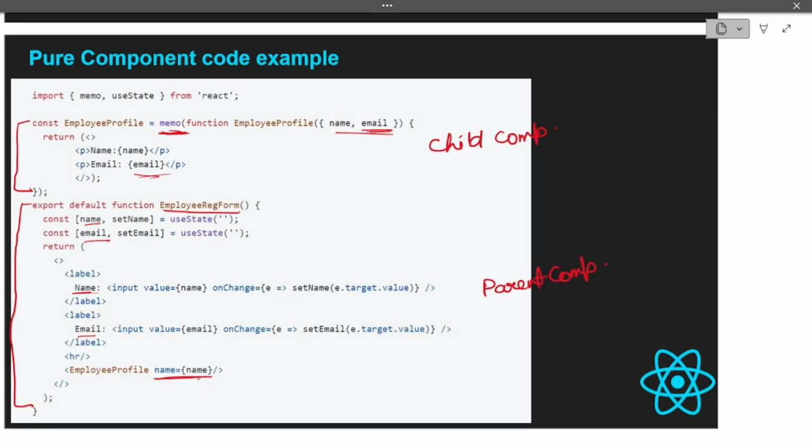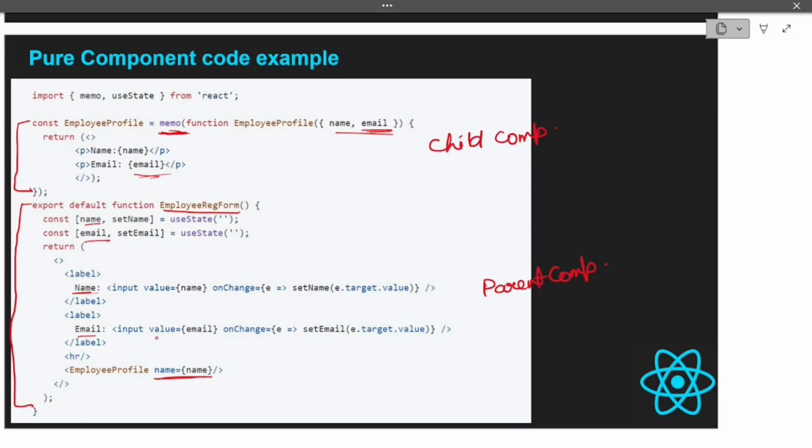So why are we doing this, and why are we wrapping our child component inside a memo? Whenever there is a change in your name, this component will re-render, because we know that the name value we are getting through a state. Whenever the user is typing their name inside the input field, the state value will change. This will cause the EmployeeRegistrationForm component to re-render, and whenever it re-renders, its child component will also re-render automatically.